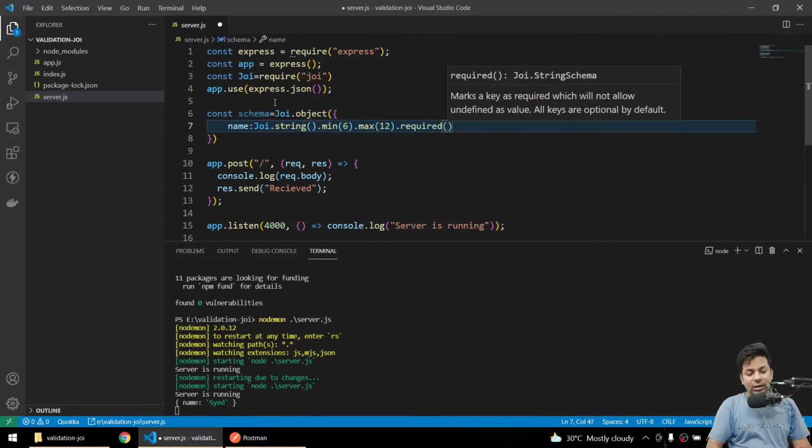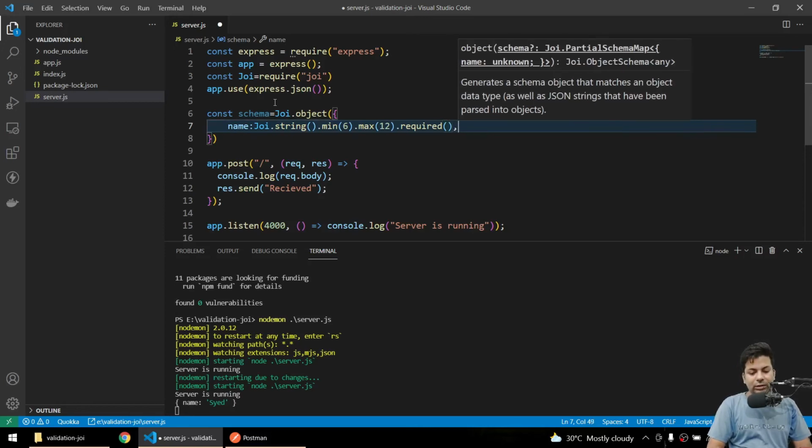So you can see it's basic, there is a string, I'm saying minimum length 6, maximum 12, and it's required.